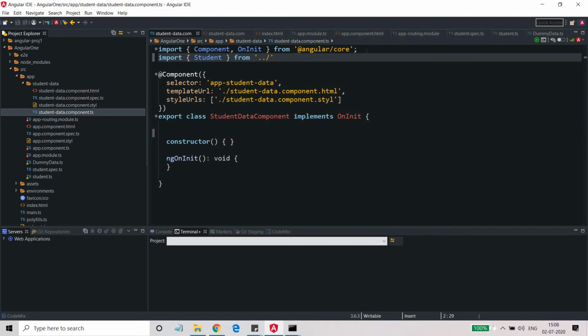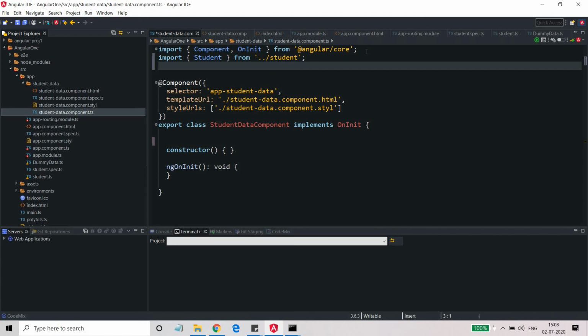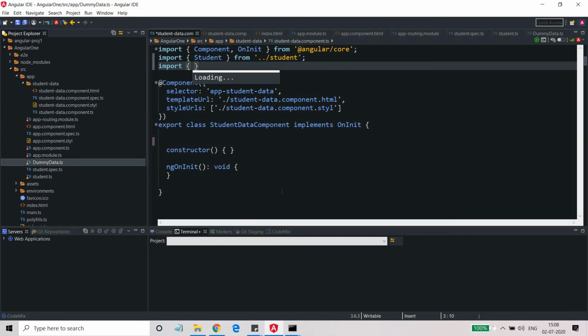It's taking some time. And then I need to import that file where my data has been created, the dummy data file.